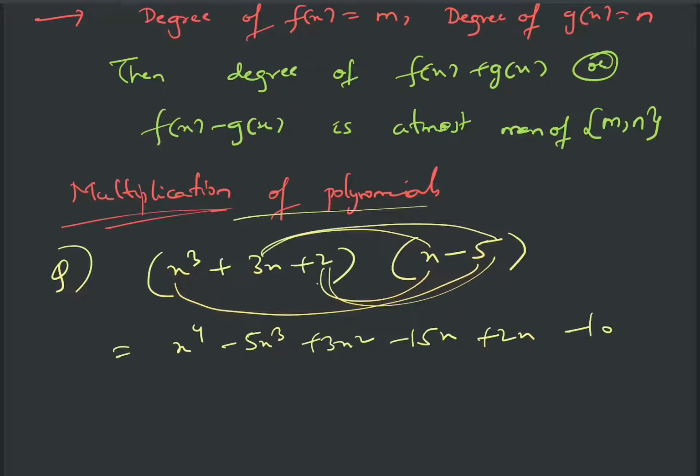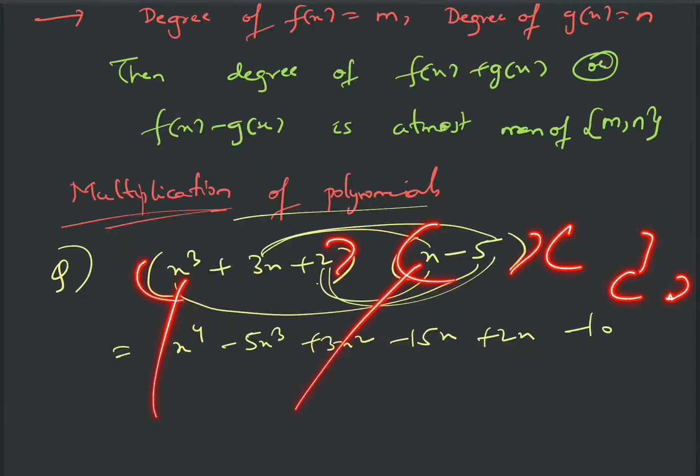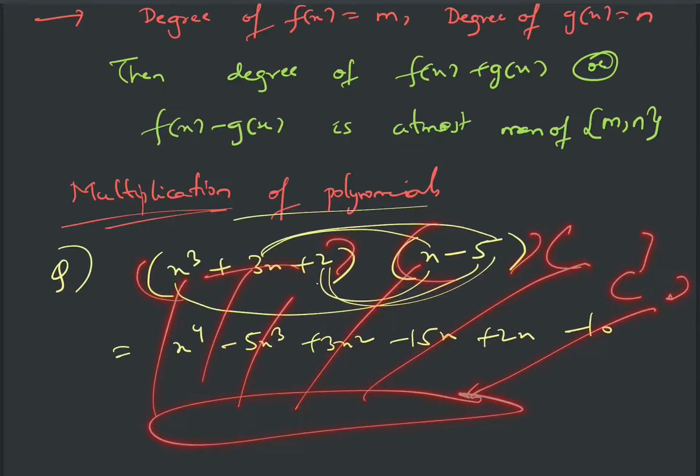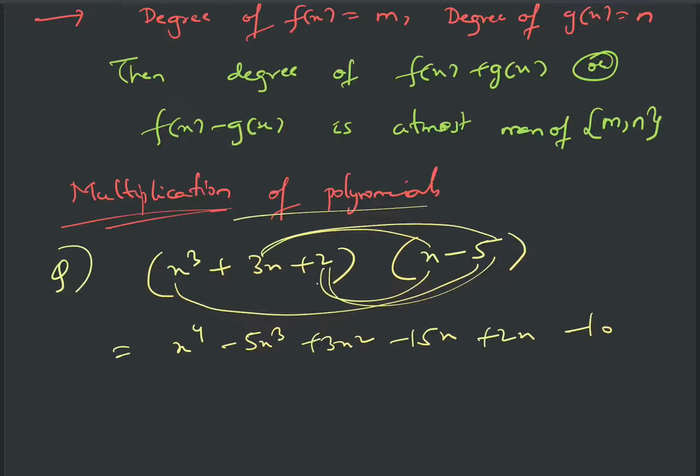So I have also given you another idea of multiplication, that is multiplication of different brackets. If you have any number of brackets, multiplication means what? Taking one term from each bracket and writing it. So all possible terms you take from all the brackets and you write the product. So that is multiplication, right? So you know how to multiply polynomials.